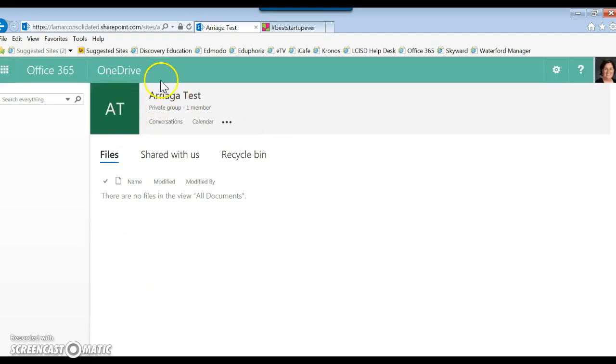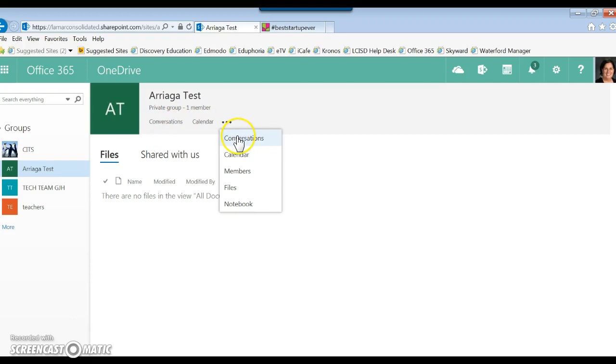you'll see that it has a test group name. You can change this icon to be a picture of something you like. And you have options: conversations, calendar, who the members are, files, and even a group notebook. So I feel like this is a comprehensive way to share things with your students, knowing they already have accounts,